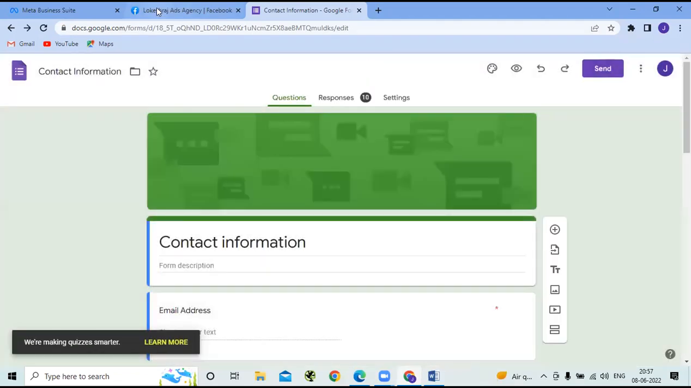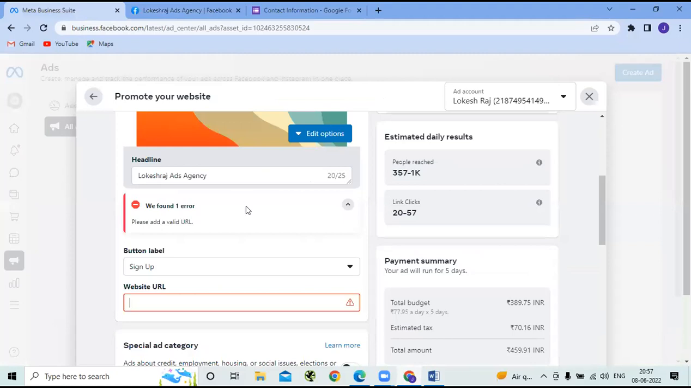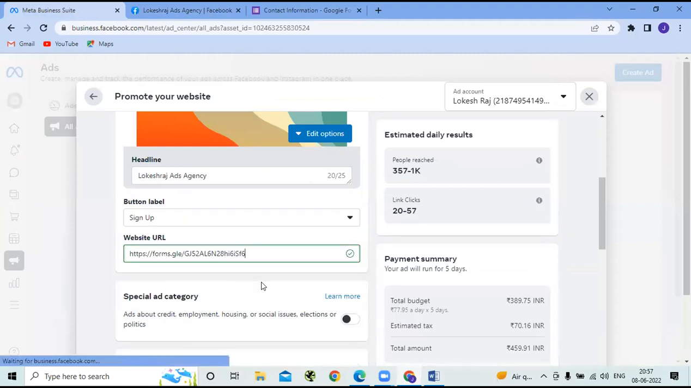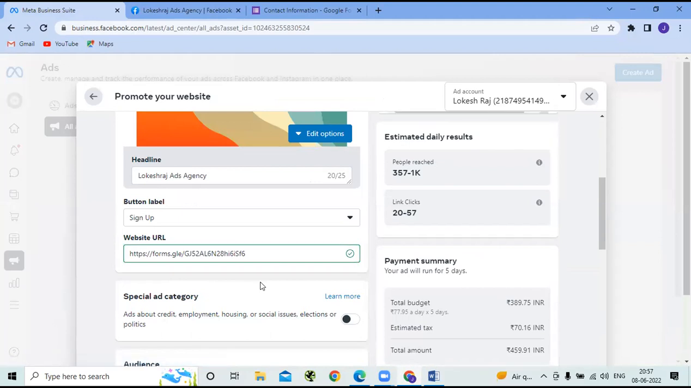Okay, so I'll just copy this and I'll give it over here. And on the right hand side, you can see what the cost for your ad could be, what you want to run it as of now. So it is estimated daily results, with a value of 459 rupees or 460 rupees nearly, you can reach 357 people to 1K, 1000